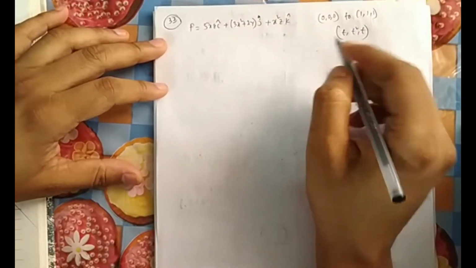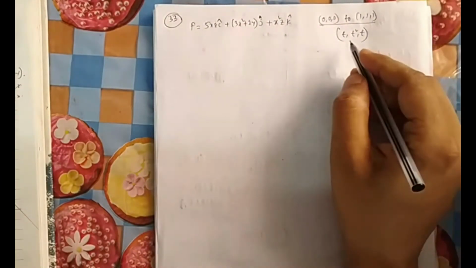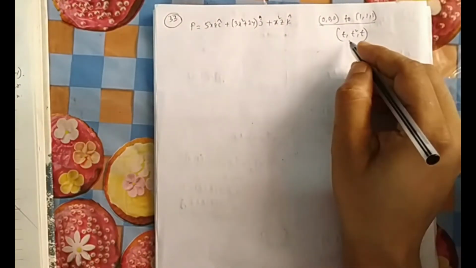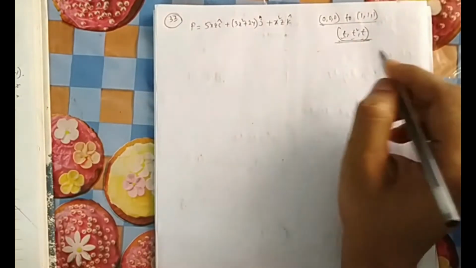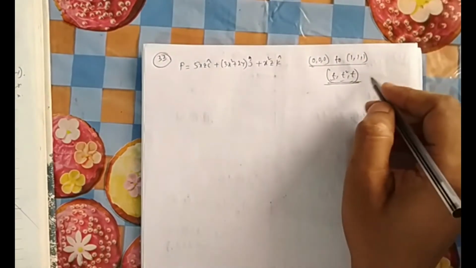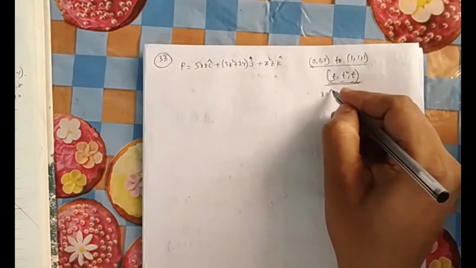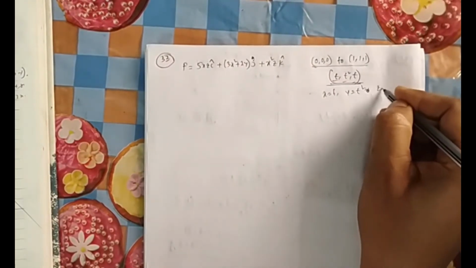along the path from this to this, and they have already parameterized this one by using this. So one job is done, no need to draw the path here, because we generally draw the path to parameterize it. This is already done here, so this is good. That means x is equal to t, y is equal to t square, and z is equal to t, that is given.